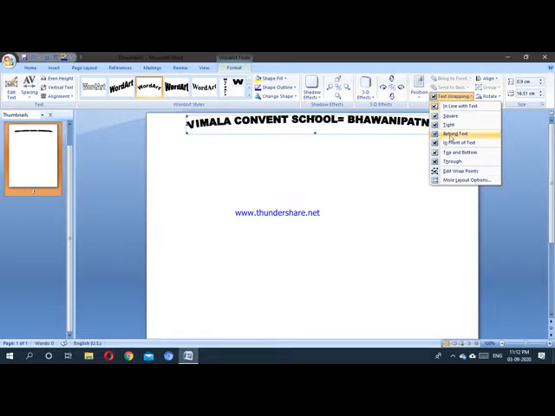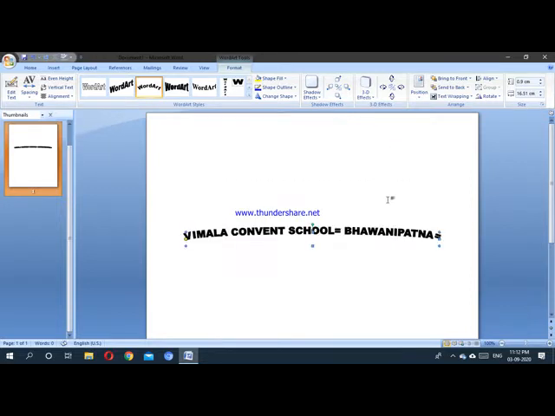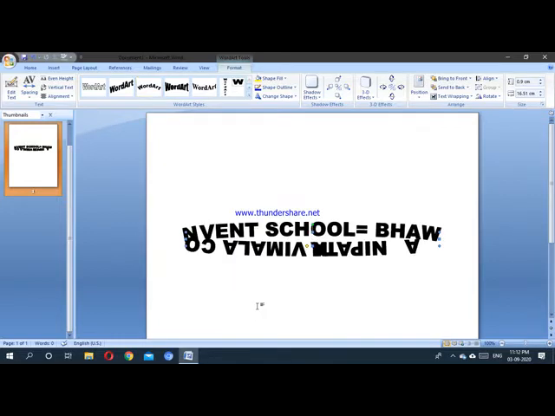Have you seen Behind Text? My pointer is there already. Click on it. After that, you can drag it anywhere because it is behind the text. After that, you see the yellow one there. This is called a handle. Hold down the left mouse button and drag it down. You see a dotted line, and the two ends will nearly touch each other. Just touching, leave it. After that your screen will become like this.